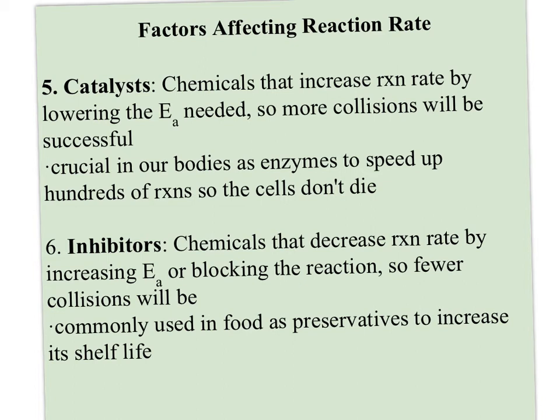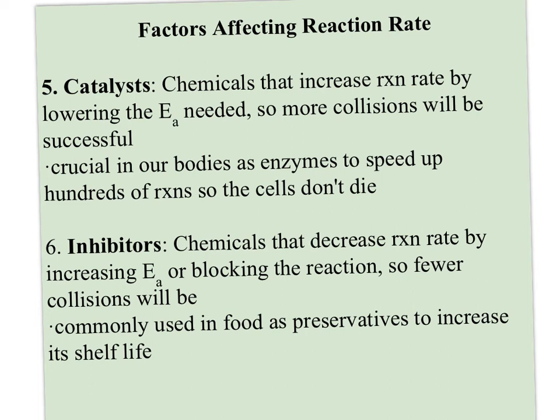So why do I mention that? Well, because with the first factors we were talking about changing the number of collisions. But you can also change the activation energy. A catalyst and an inhibitor change the reaction rate by changing the activation energy. What a catalyst does is it lowers the activation energy. So it's like it brings that hill down, and it's like if you were doing the high jump and you were trying to get over the bar, if we brought the bar lower, more people would clear the bar. So what a catalyst does, by bringing the activation energy down or by letting people move closer to the dartboard,